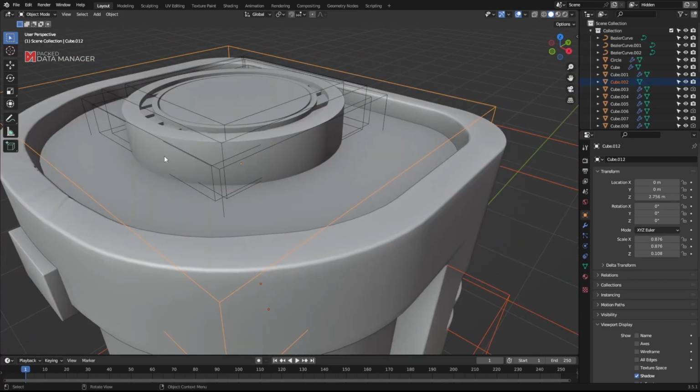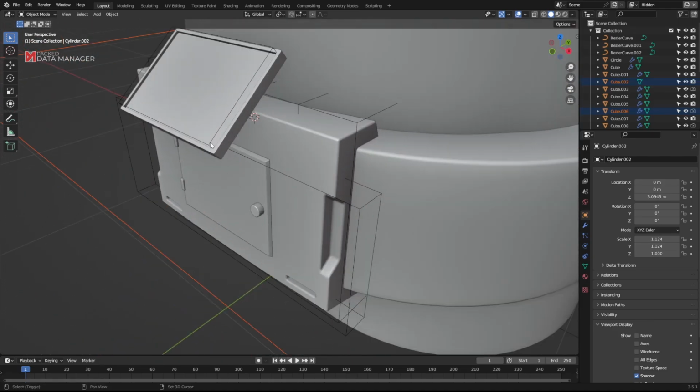This time it should go quicker because I already know where all the cutters are and I have some experience selecting them.